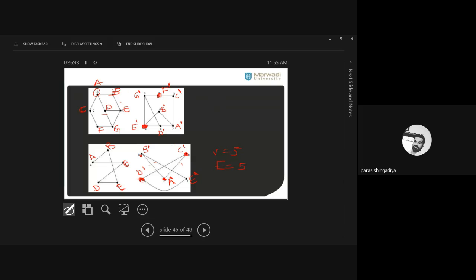In the question, this type of graph will appear without notation. You have to first mention the notation for the first graph, and as per your notations, create its image in the second. If I change the notation, then the image in the second graph will also change. As per these notations, I consider this image. You can use any notation for the image. You can use f of A, f of B, f of C. That is also one correct form of the image. Otherwise, you can consider A dash, B dash, C dash, and so on. Clear? Any confusion?